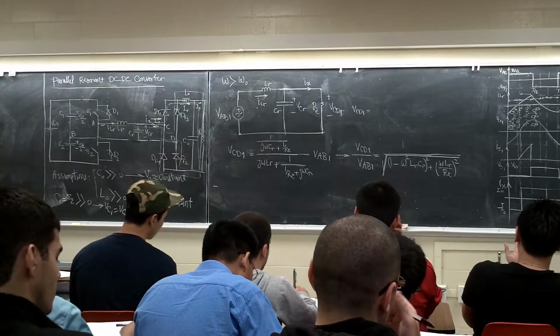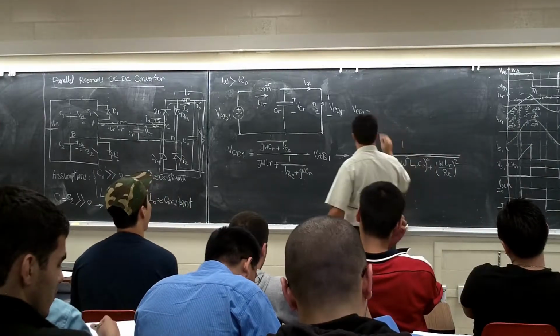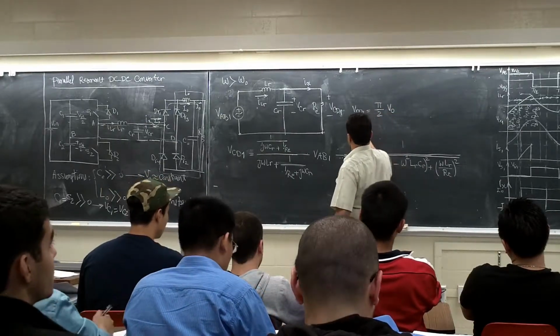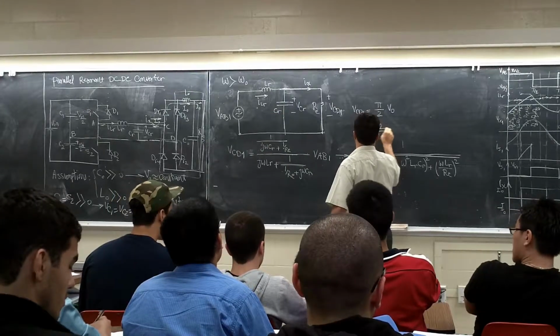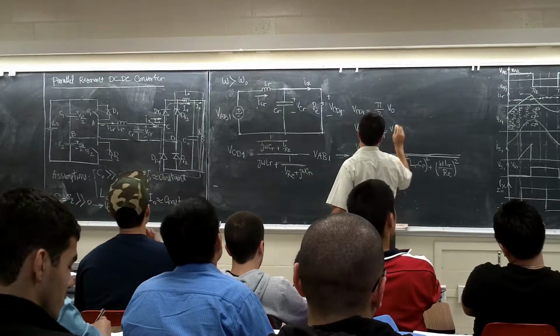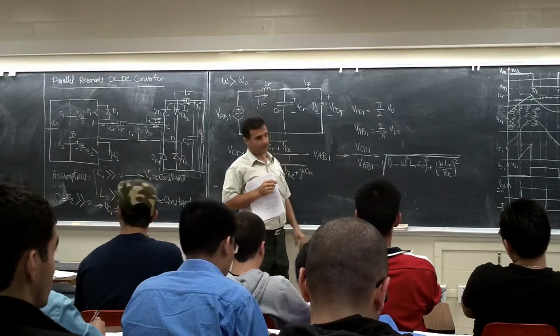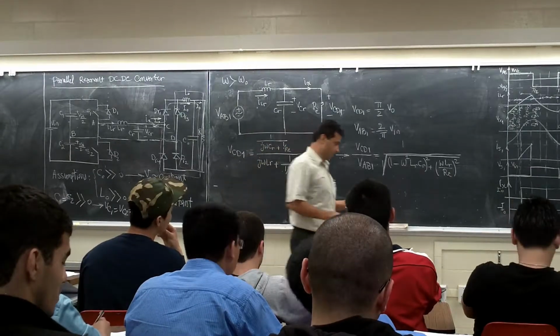So it's going to be this much, pi over 2 VO. How much is the VAB1? 2 over pi V in, right? Just replace them here, and you're going to get the relation between the V in and V out. So basically,